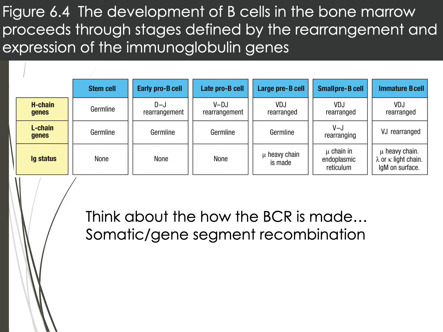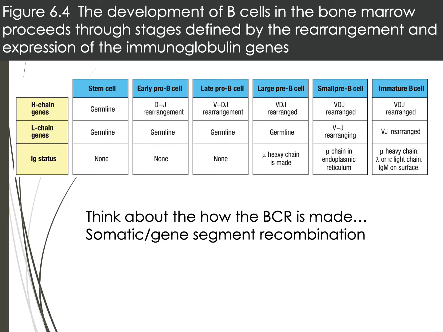So again, this is where RAG1 is going to bind on, RAG2 is going to do the cutting. So we then have a variable and a joining segment that are combined together. Then at the immature B cell stage, we now have both the heavy chain and the light chain expressed. And so those would be synthesized and we would have IgMs on the surface. So we'd have functional B cell receptors that still need to go through the negative selection process